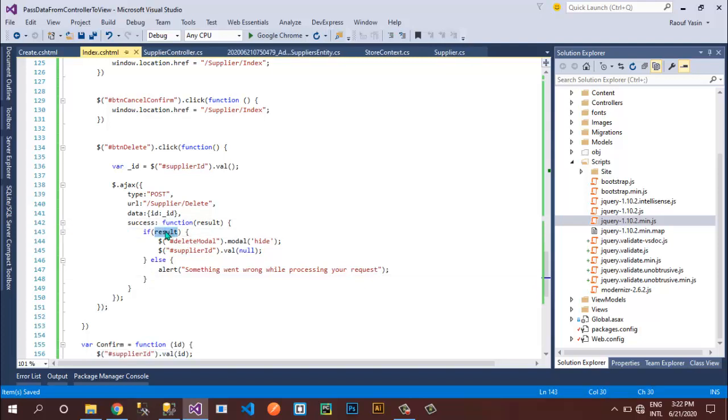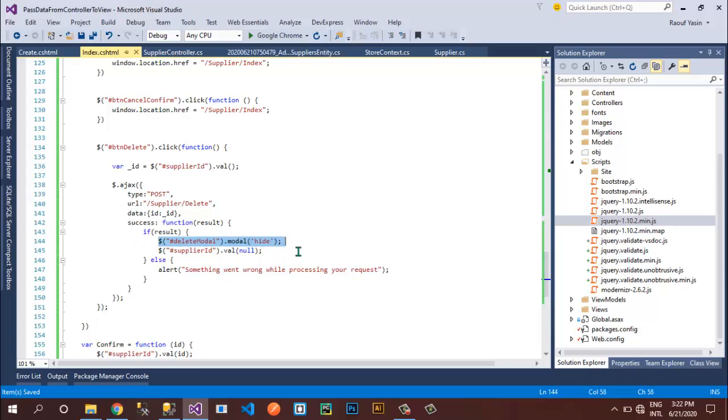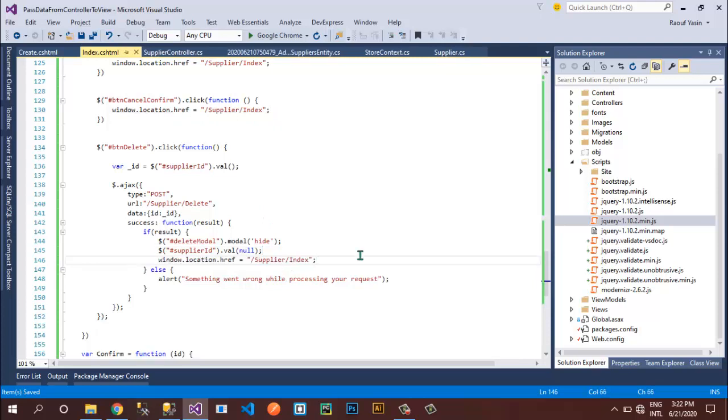If the result is returned true from this function, then our modal will disappear, and this ID will also be cleared. And then I can refresh my location so that our records are populated again with the existing suppliers. Otherwise, if we got any error, this pop-up or alert will be displayed.